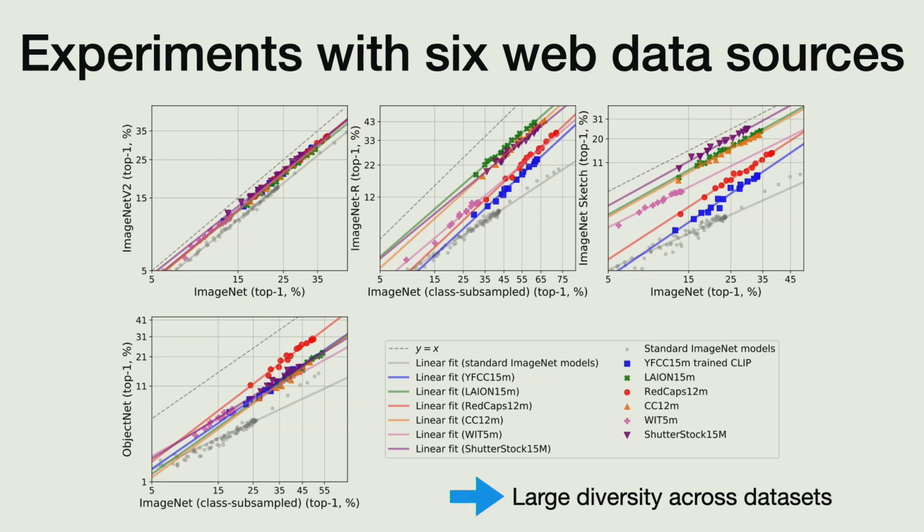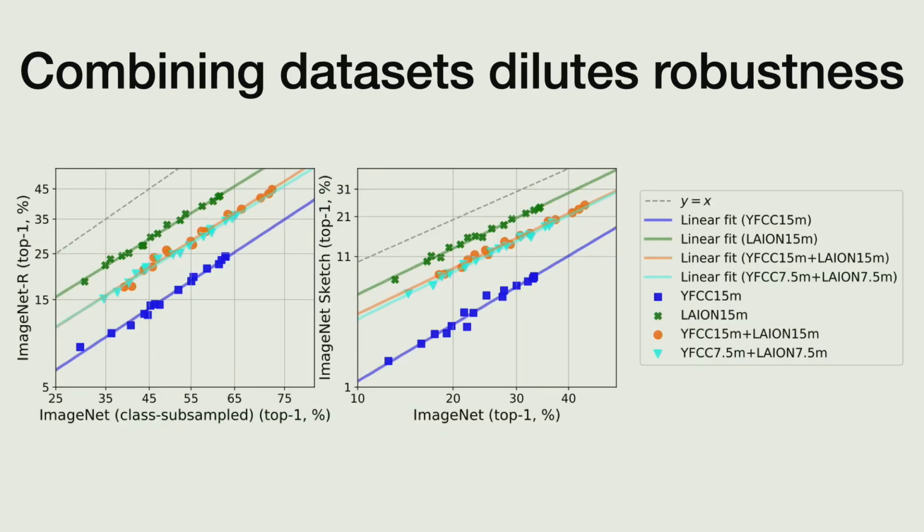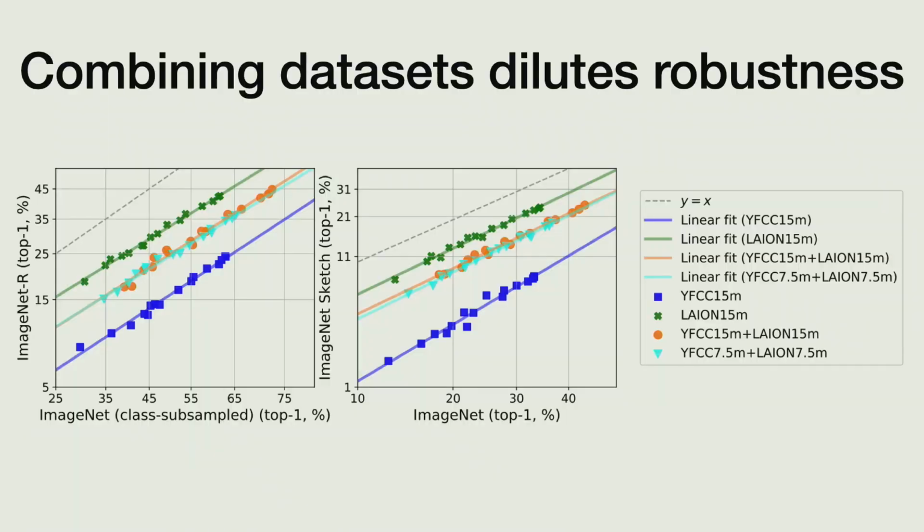And since the different pre-training data sets tend to do well on different distribution shifts, an important question is how you can combine them in a productive way. The simplest baseline idea is you just take the two pre-training data sets, combine them, and then train on the combined data source. The hope is that if you have both of them in there, the model is exposed to both types of robustness and you will get robustness to both. But that's not the case, unfortunately. In these scatter plots, if you look at the lines for two data sources and then interpolate them, you really get the line in the middle. So you're diluting the robustness of the better pre-training data set.